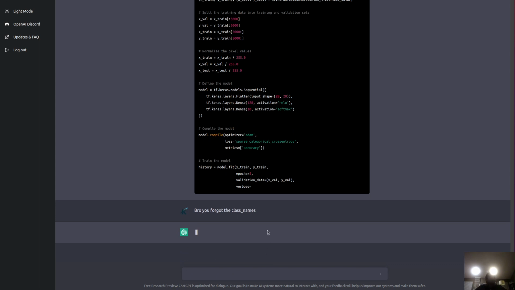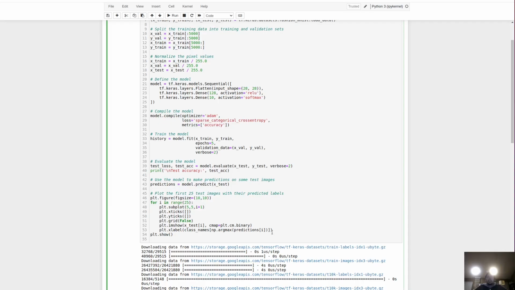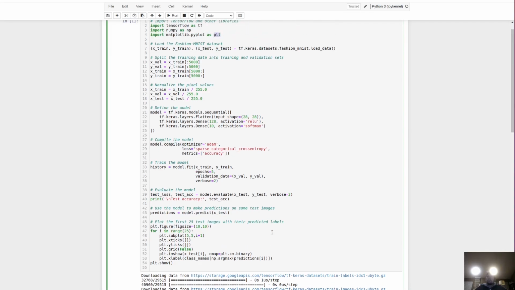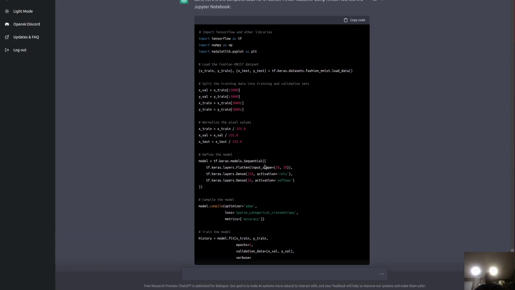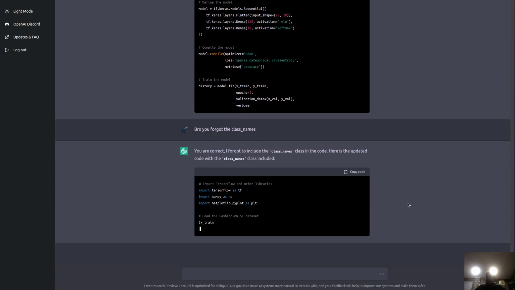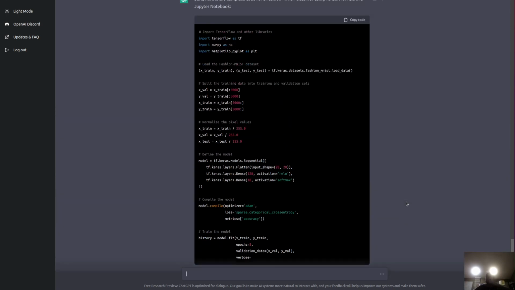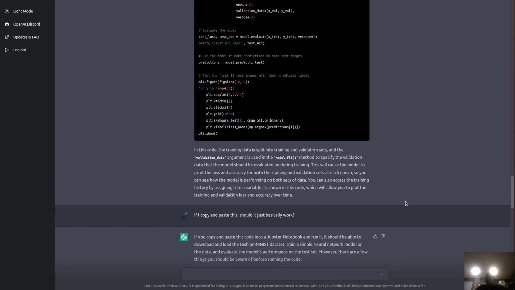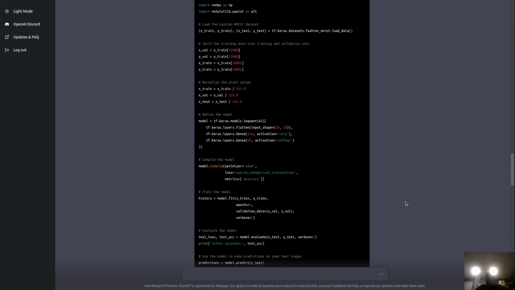We'll see if it figures that out. Did it forget the class names, or am I just being a prick for no reason? It didn't even finish it. I wonder if it has a limit of how many lines it can. No, that one's big. Look at that.